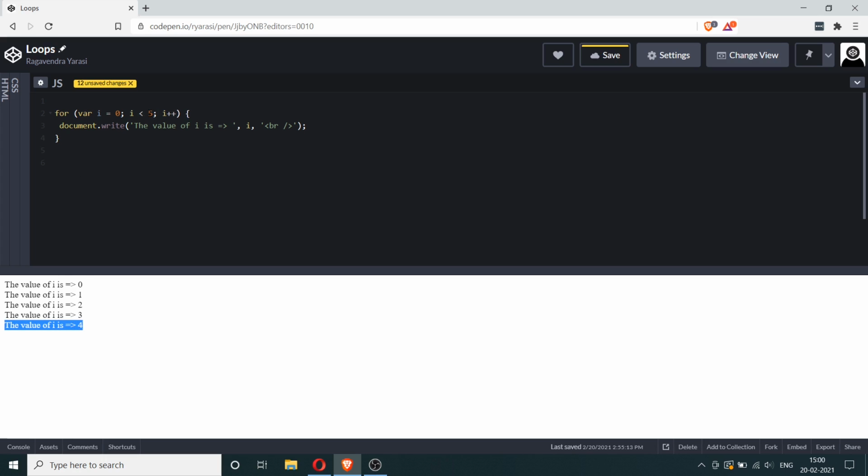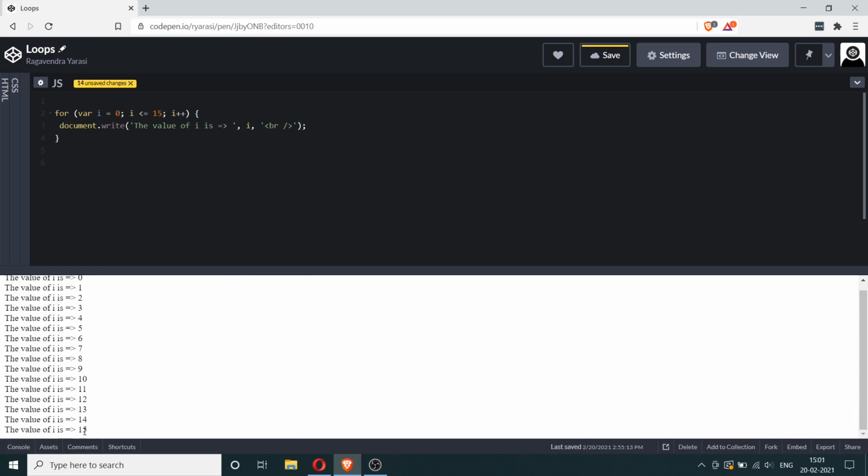Now let's say that you say i < 15. You can imagine it will go all the way up to 14 and then stop there. So this loop will basically execute this single piece of code within the curly brackets until this condition is satisfied. Now here we have up until 14. Let's say you also want to include 15 in there. You just have to write less than or equal to, and it will also include that line.